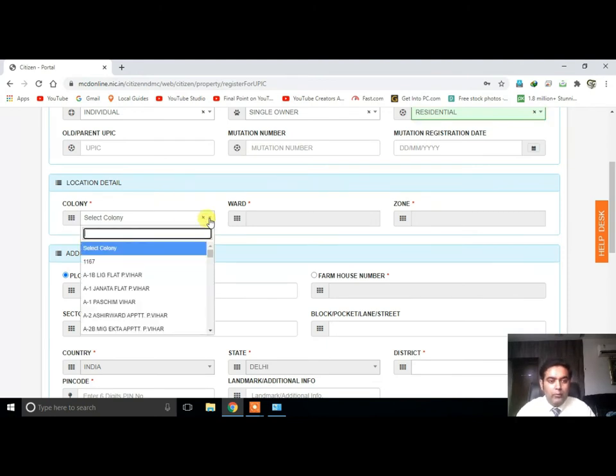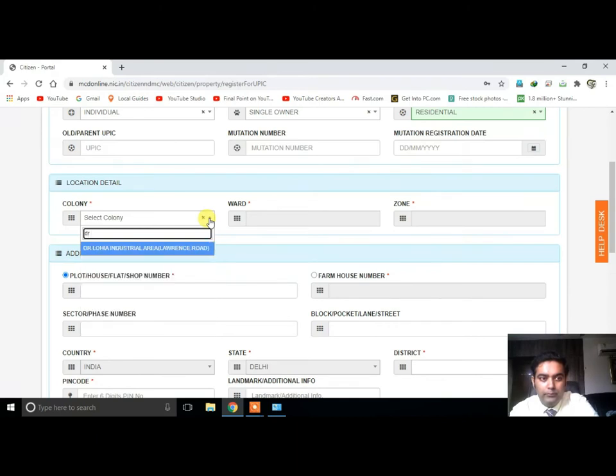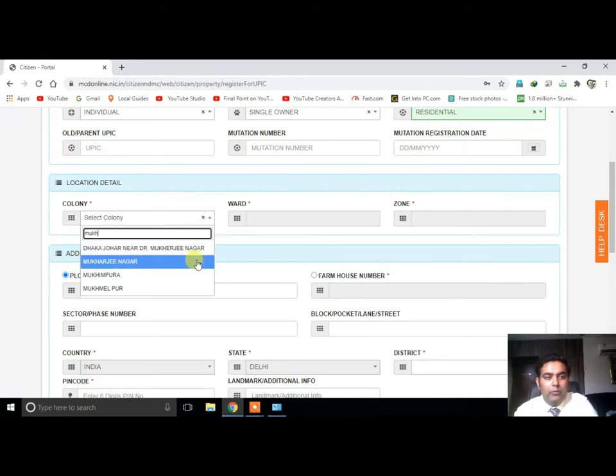My colony is Dr. Mukherjee Nagar, so I will select Dr. Mukherjee Nagar. It is not there. They have entered it as Mukherjee Nagar, so I will select Mukherjee Nagar.